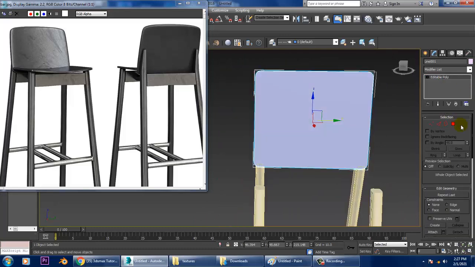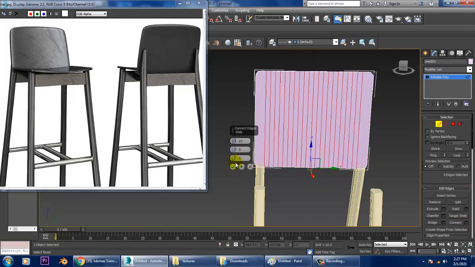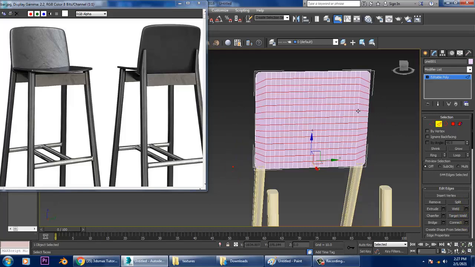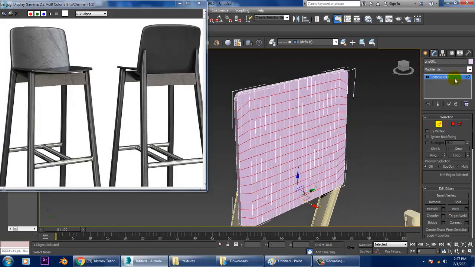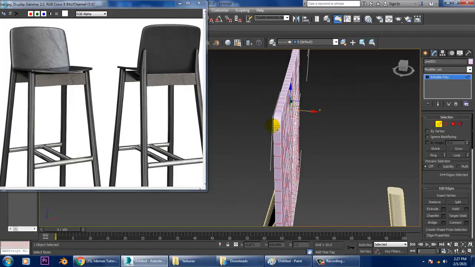I can add some loops over here. I can just say OK and use one connect, or I can put one loop over here.